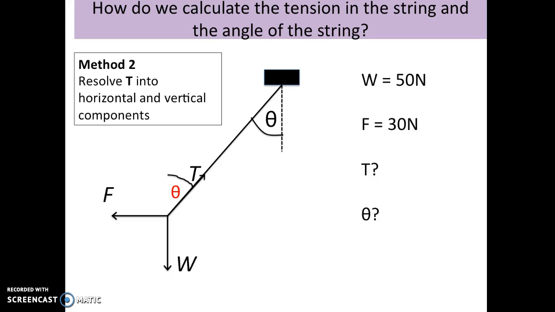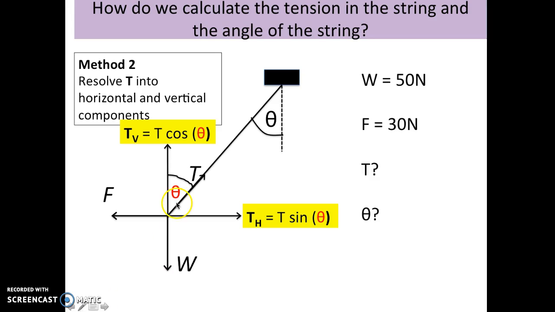So, again, you've had lots of practice at this. I can resolve the tension in the string into a vertical component and a horizontal component. Note that it's cos theta when it's going up to the vertical because T is going through the angle, and it is sine theta when it's coming down to the horizontal because T is having to move away from the angle that I've been given. Remove T because I've now resolved it into its vertical and horizontal components,